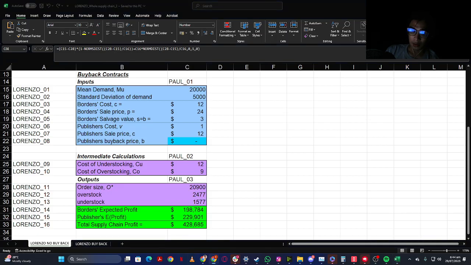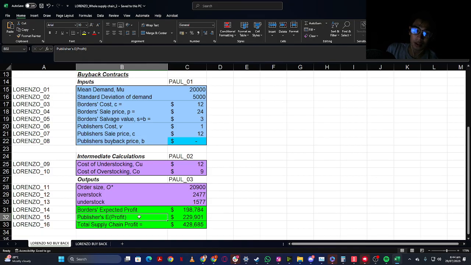All right, so let's go for the final step. What is our expected profit? You're going to see here, Borders' expected profit will run around 198,784. So how do we get the publisher's expected profit? For the publisher's expected profit, it is the order quantity times the sales price to Borders minus the production cost,